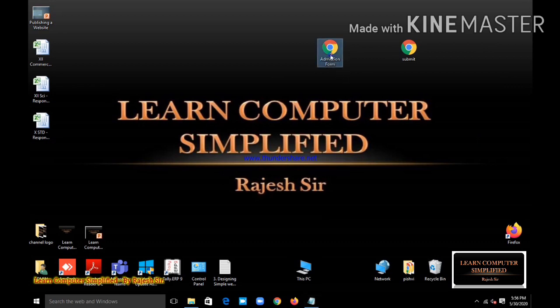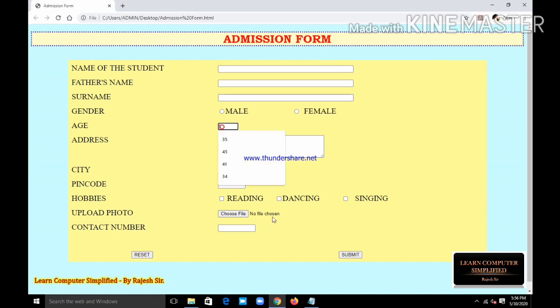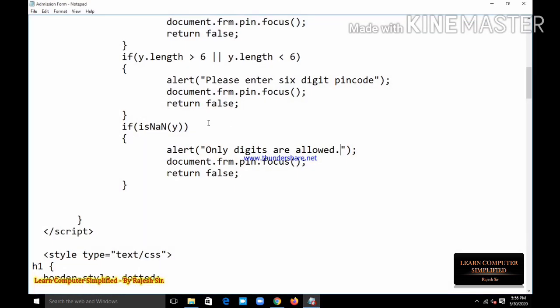For example, here in age I cannot add 0 or any number of digits like 4 digit, 5 digit value, because age can be maximum 100, 105, 102, sorry, 110, that is. Okay, so here I am validating the actual numeric value range, right? Means I can add only 5 to 25, 5 to 35, that kind of value range we can validate over here, right? So for that again we will go to coding.